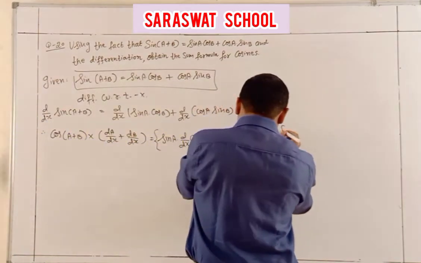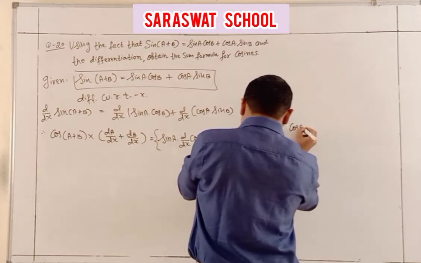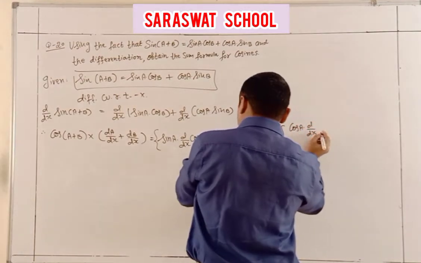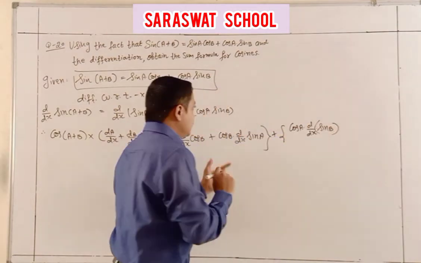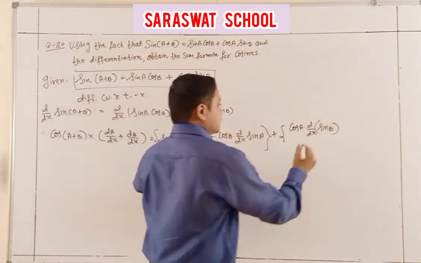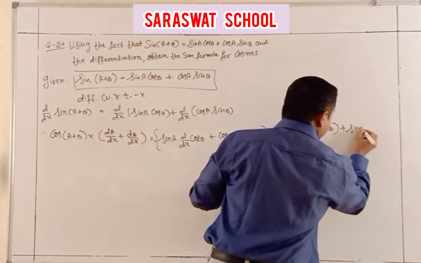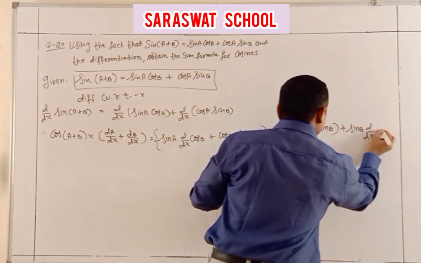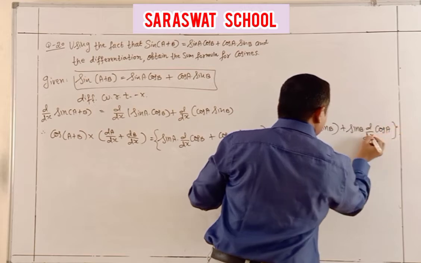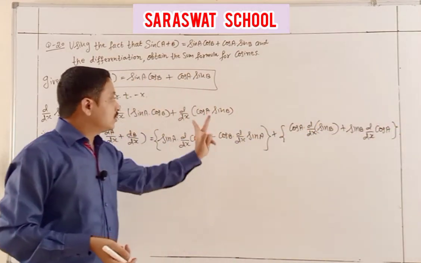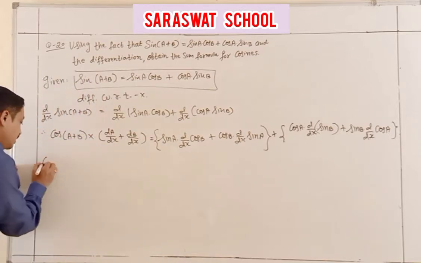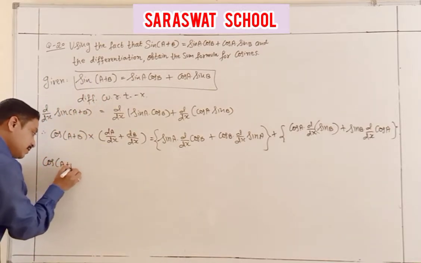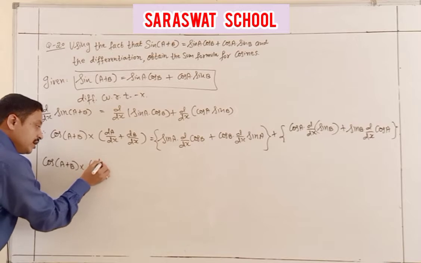So first of all, cos A times d/dx of sin B, plus now sin B times d/dx of cos A, and that is going to be multiplied again. So we have only cos(A plus B) times (dA/dx